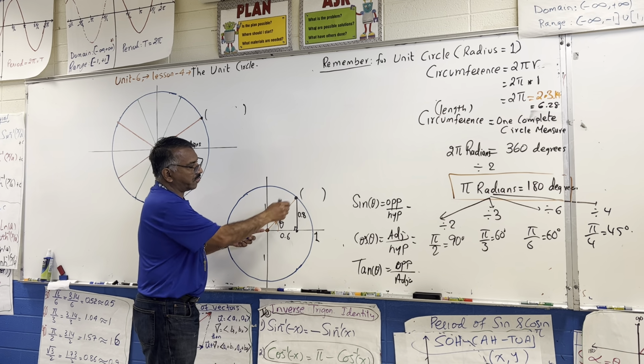Some of you at least. I know it's a lot of maths here. So that's pi. Now the next one is another one. If I divide pi by 3, and 3 divides 18 six times, it gets 60 degrees. Then dividing by 6, 6 divides 18 three times, so pi by 6, I think